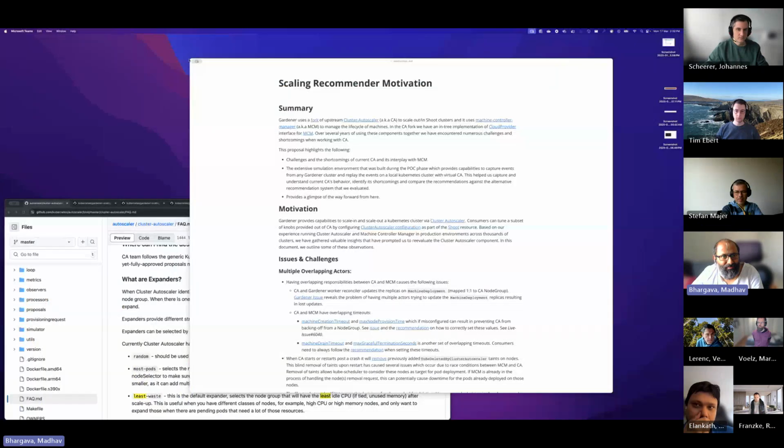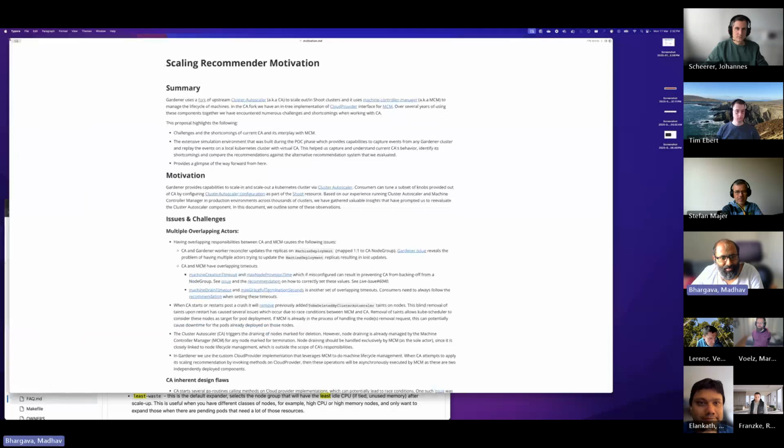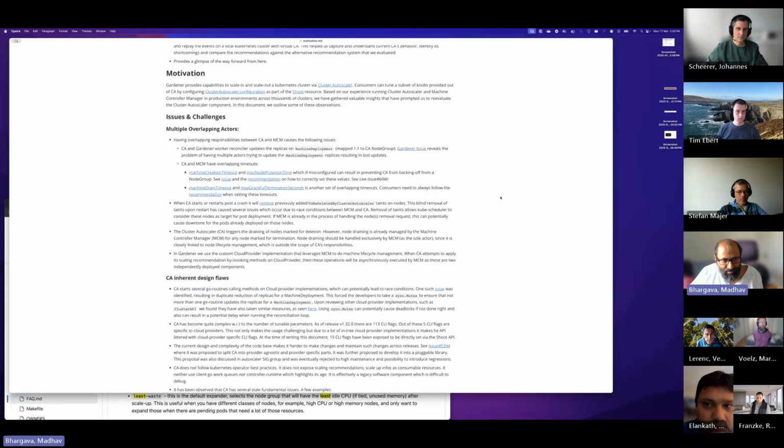Can you see my screen? Yes. All right. So I hope everyone has read through this document, but do you want me to go over this document quickly, or do you already have some questions that we can answer? How do we want to proceed? I guess the plan was that you go over it, not in full detail, because we don't all have the time, but it's the first meeting. So that was the plan. Okay. Fine. So